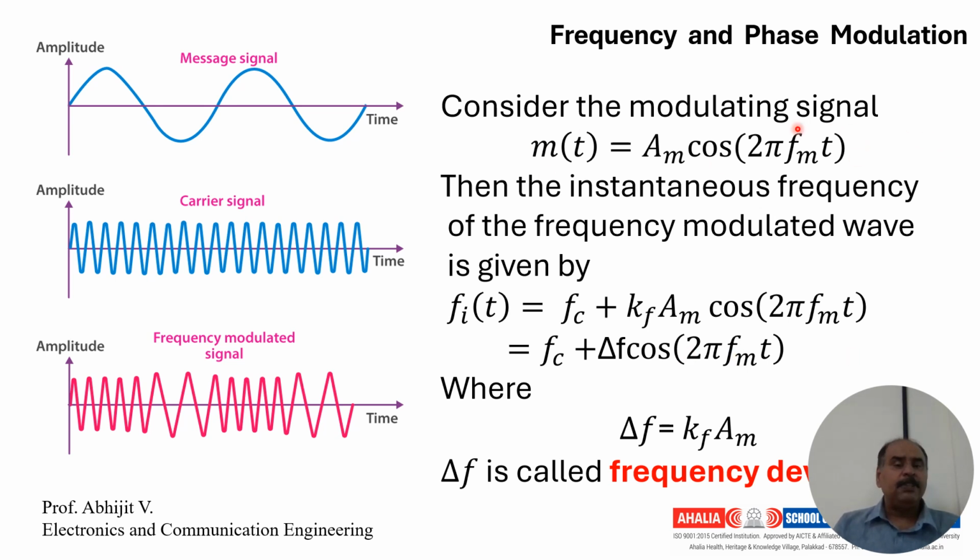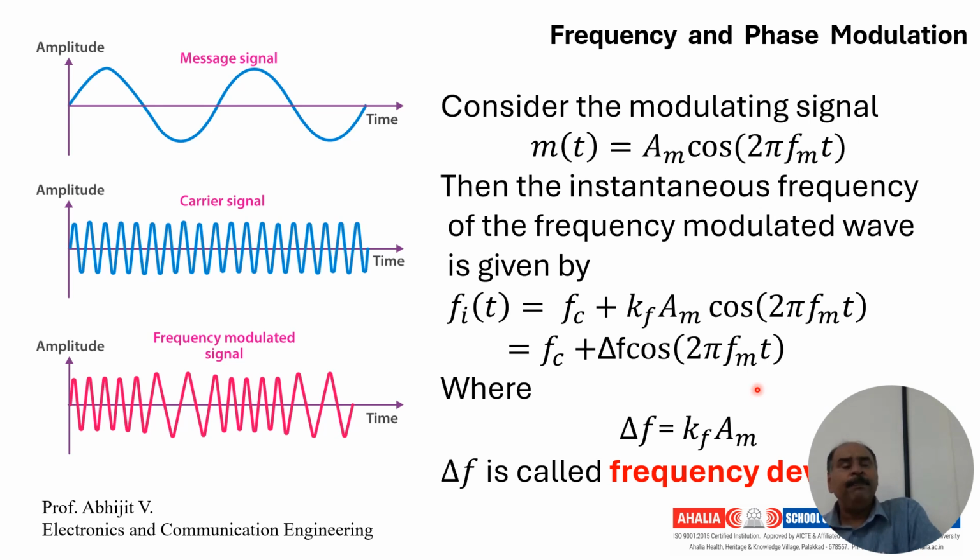Now this is the message or the modulating signal M of t, and the instantaneous frequency at one particular point of time, which depends upon the modulating signal, is given by the carrier frequency plus Kf Am cos 2 pi Fm t. That is Fi of t is equal to Fc plus delta f cos 2